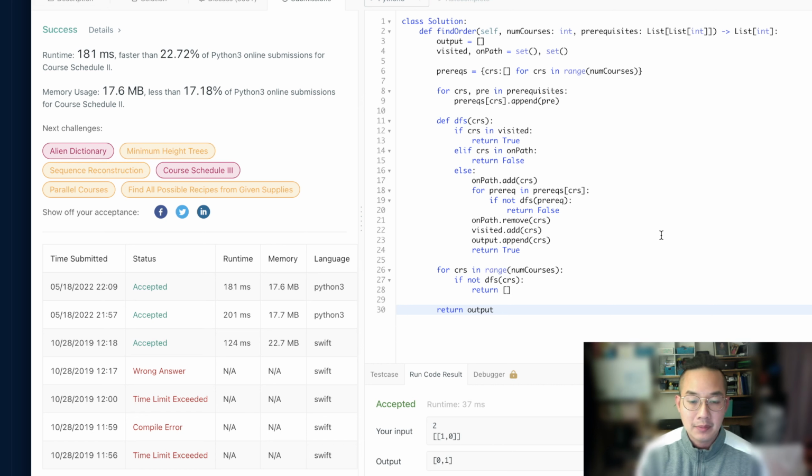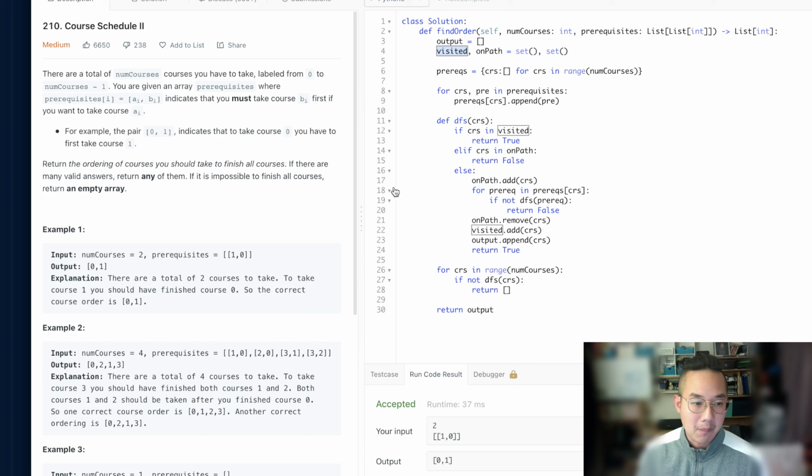What we learned is that in these types of problems, it is naturally important to have a visited set so that you can keep track of what you've seen and what you're currently working on. This piece of information was extremely useful to us because we needed to make sure that we were not in a cycle, and that we could quickly access the item to know whether or not it was a course that we can take. We can just change visited to taken,